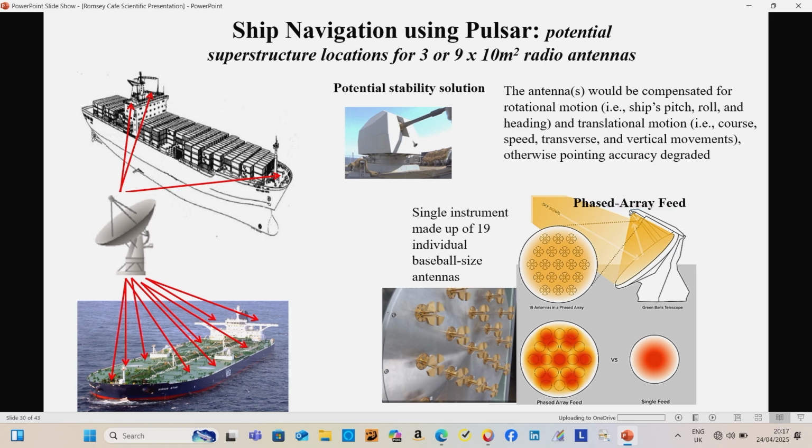Another thing you've got to think about is the stability of that phased array or that antenna. And obviously you've got to consider some of the motions of the ship. You've got there the rotational motion or the translational motion. So on board your various ships, your cruise ship, you've got stabilizers which will try and keep you relatively stable, but you'll still feel